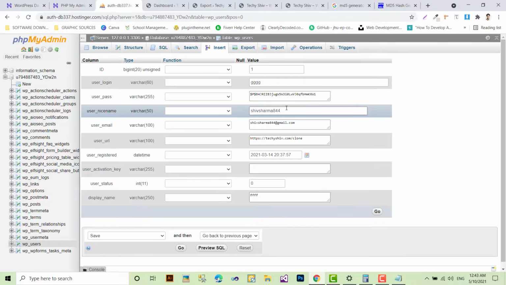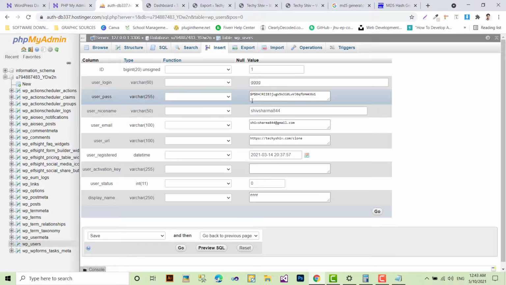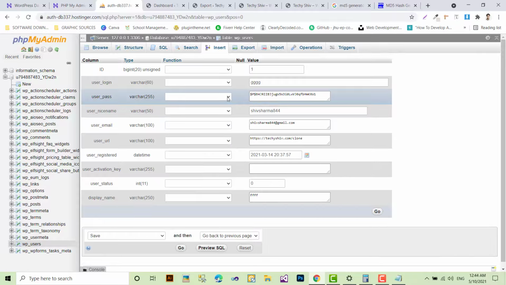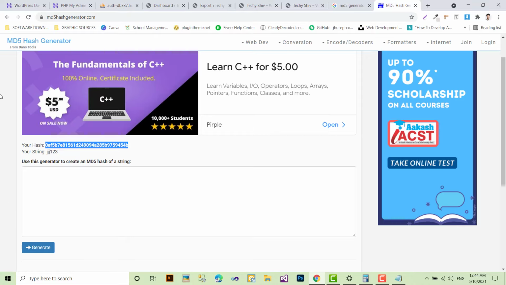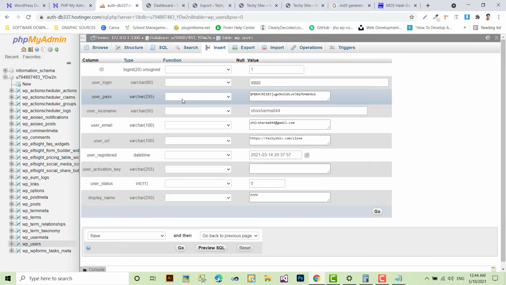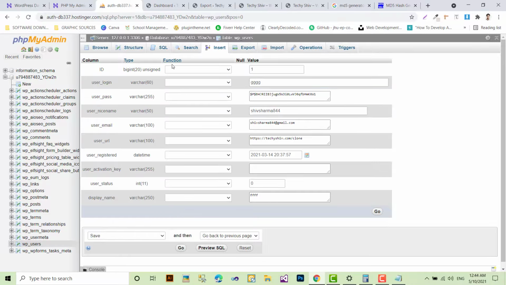Whatever the process, the main thing is that you have to encrypt here. Most of the guys make the mistake of just typing their new password, thinking that this is the user password, and they don't convert or encrypt it. Either you encrypt here with MD5, or you can encrypt directly first using the website md5hashgenerator.com, copy that hash and just put it here. Then you don't have to change this one to put your MD5 function. Then click on go.